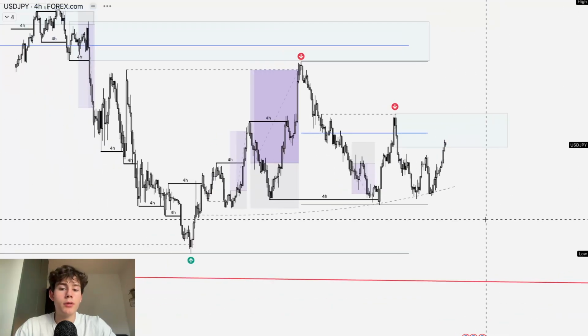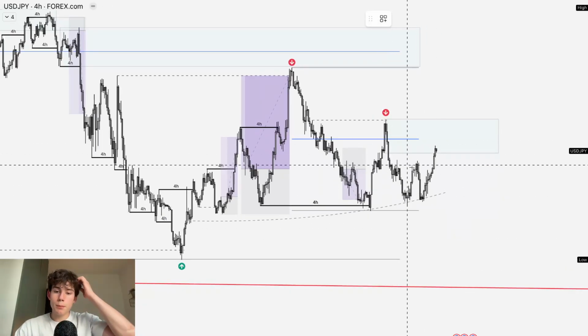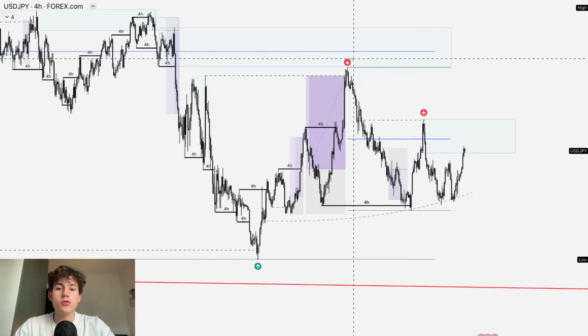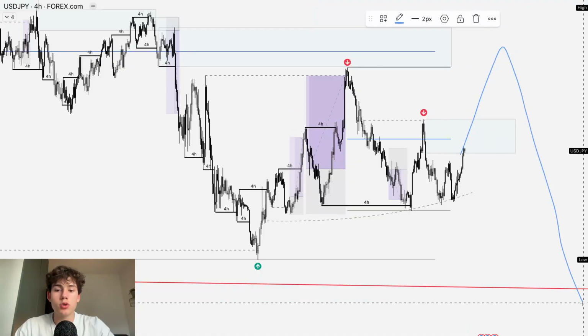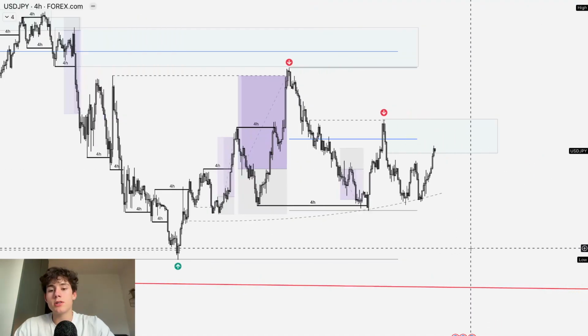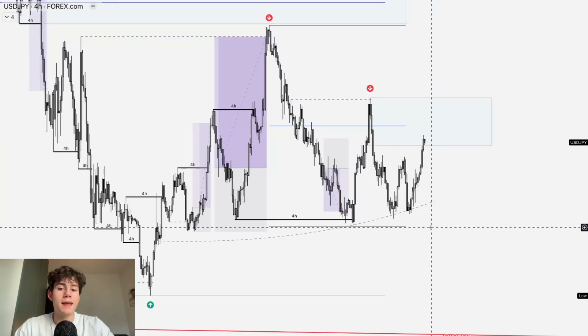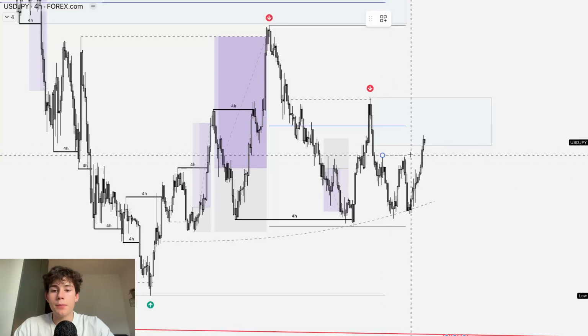Personally, this is not my favorite setup, because we could just continue up higher in line with that daily structure and the daily premium prices, and from there could short all the way down lower. So that's just why I'm not preferring this pair and would like to trade any other pair next week. So keep that in mind.